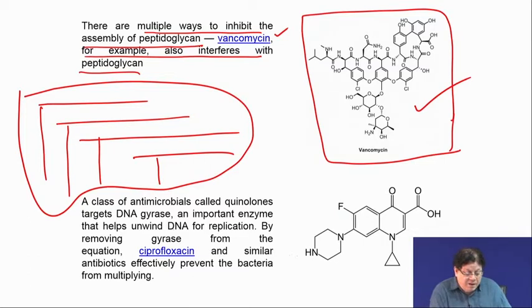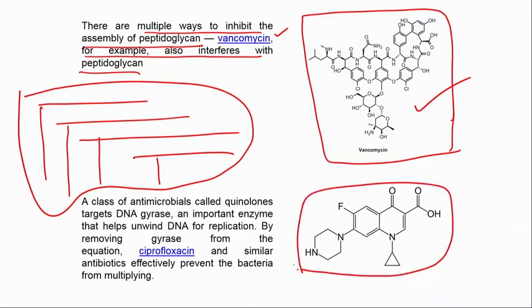Then you have another class of molecules which are called quinolones. Quinolone, because quinoline is only a 6-membered ring and another 6 with a nitrogen, but this is a quinolone, with a carbonyl. So, these quinolones are also very good antibiotics. At some point of time, when they came into the market, they worked extremely well. Their mechanism of action is they target the